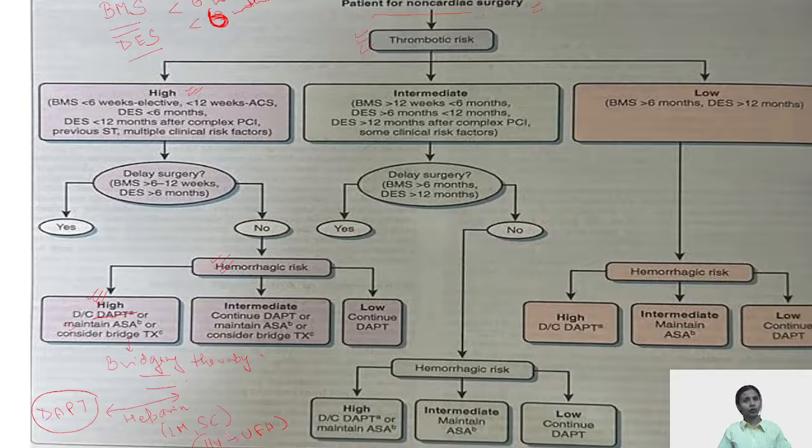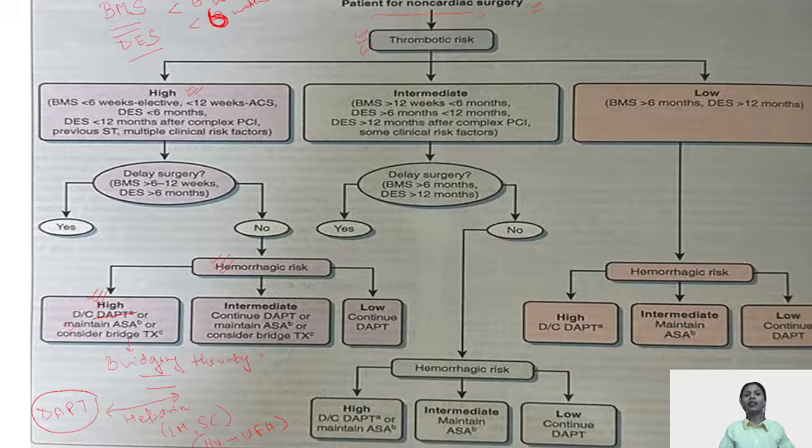Generally, such patients will be on therapeutic doses. So, a quick recap: the unfractionated heparin has to be stopped 12 hours prior, and the low molecular weight heparin, if enoxaparin, then 24 hours prior to the surgery, and fondaparinux has to be stopped 72 hours prior if therapeutic doses have been started in this patient. And then post-operatively, the patient is shifted back to the dual antiplatelet therapy. This is the bridging therapy, which is recommended only in the cases where there is a high hemorrhagic risk surgery and you cannot delay the surgery.